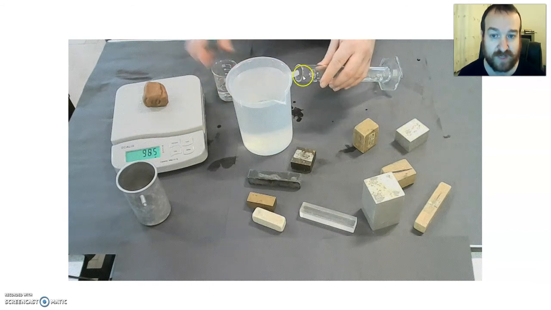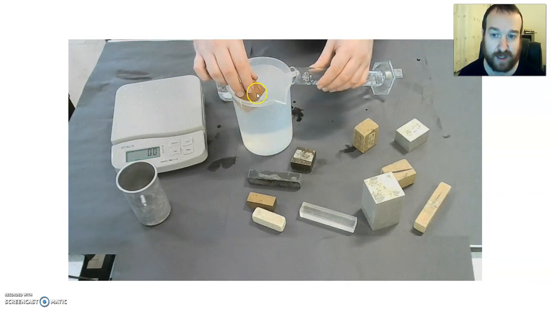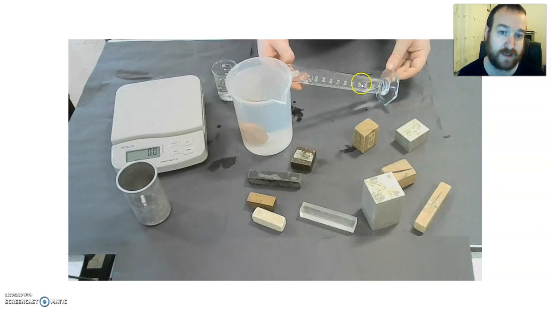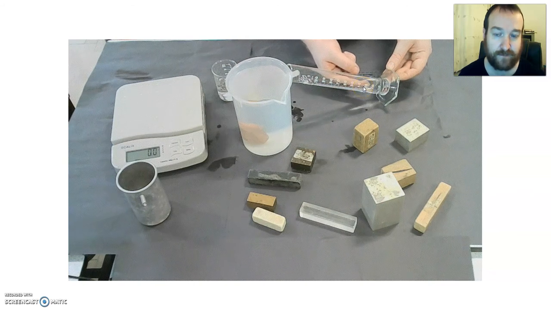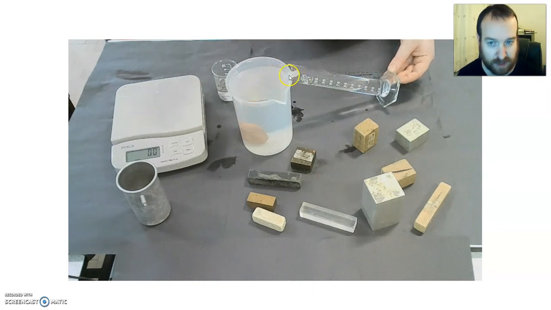Okay, I'll tip my measuring cylinder just underneath so it can catch the excess water, and as I put in the regular shaped object, a little trickle of water flows into my measuring cylinder. Okay, and I make sure we get as much of that water as possible. Okay, it can be a little bit slow if you're doing the experiment. It will dribble in there,